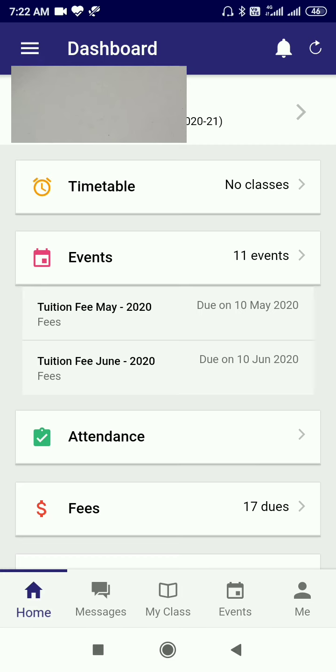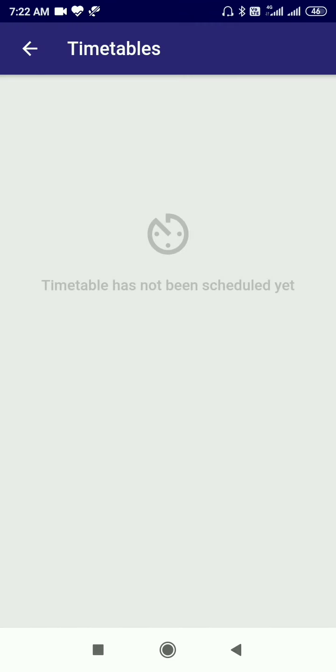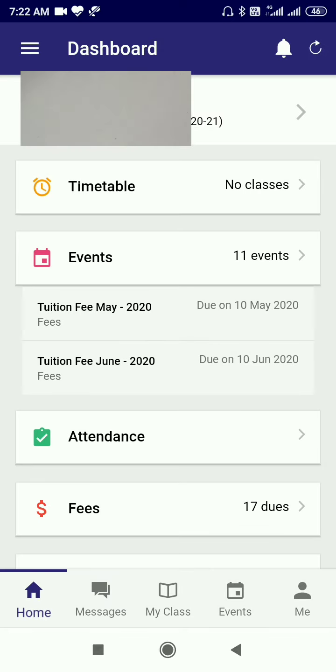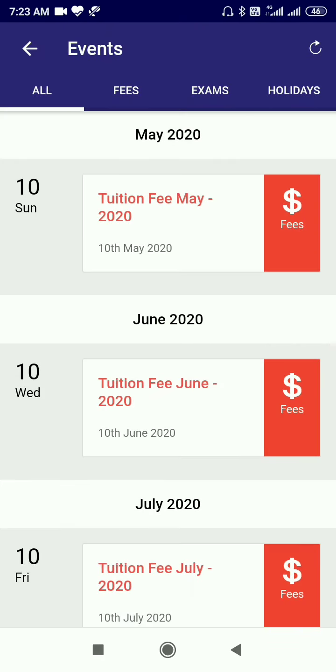Just click on every option, you will find different things. When you click on timetable, you will find the list of your classes, which class is going to happen on which date. Here the timetable has not been scheduled yet because there is no class going on. When the timetable is made, it will be uploaded and published. Events.